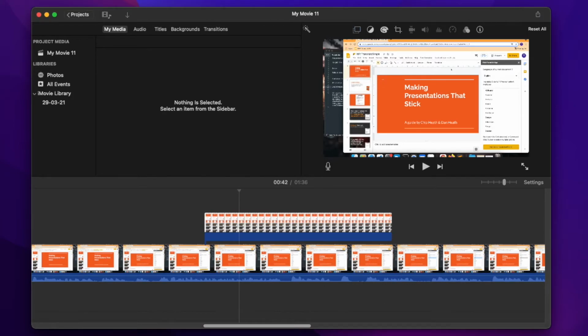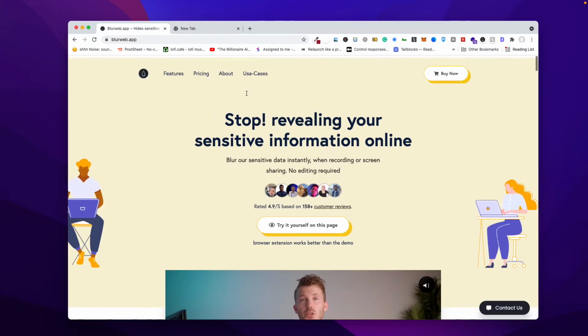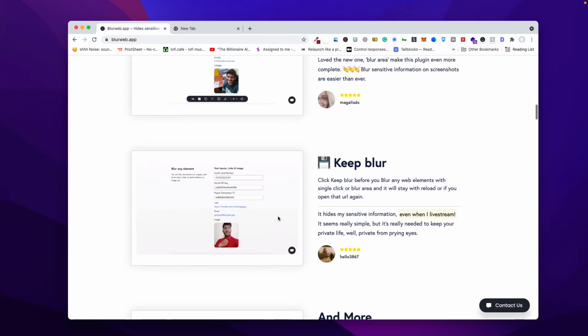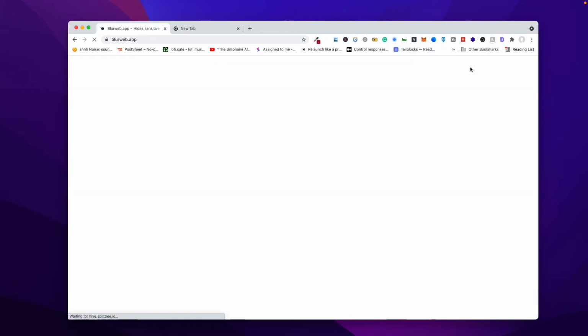One of the other options you can use is a Chrome extension for the web. If you're doing something on the web, let's say you are on a website and you want to hide stuff, for example I am on this web page and I want to hide the text or something of that nature, you can use this very handy Chrome extension called Blur Web App.